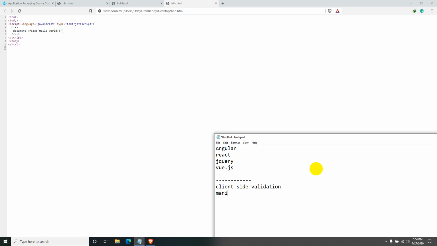So for manipulating HTML pages. And in JavaScript we have options like pop-up boxes and message boxes, and it is also useful for user notifications.